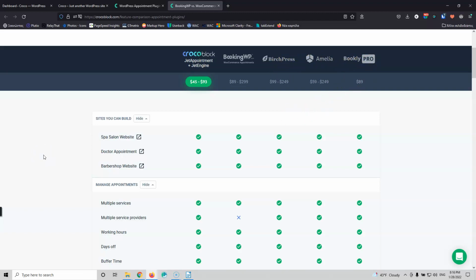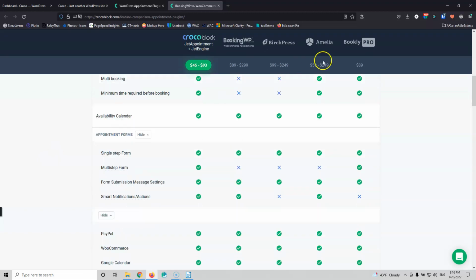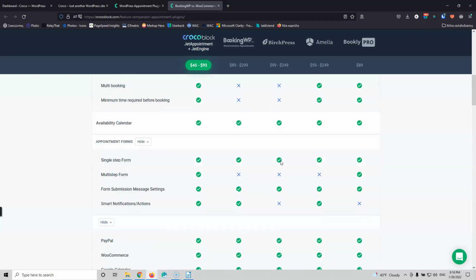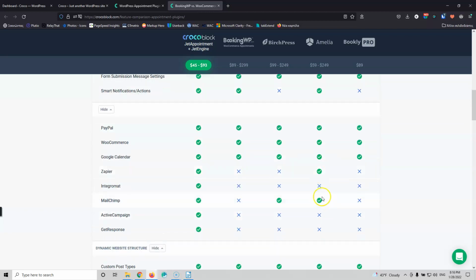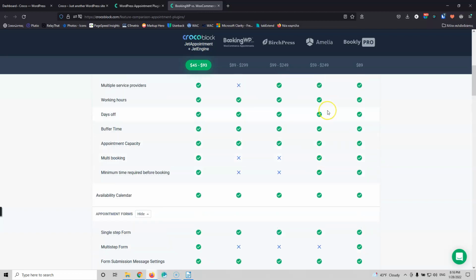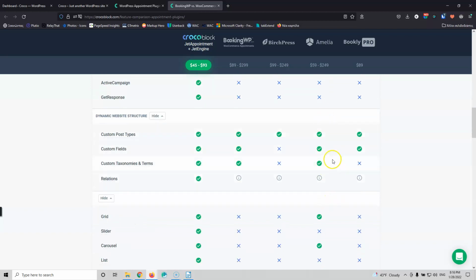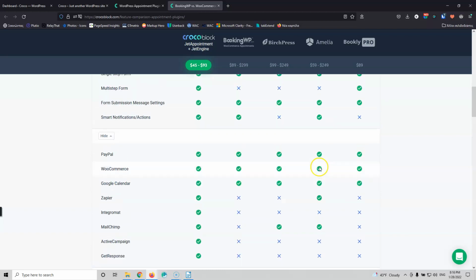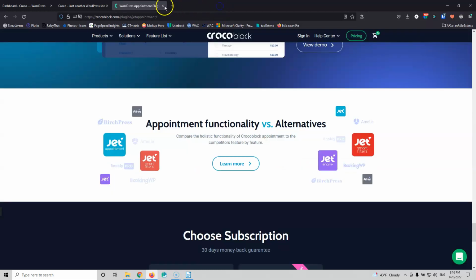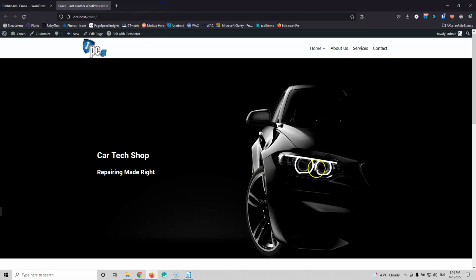Now, every time you see a comparison inside a website, of course, they are going to present that everything is better in their plugin. I have only worked with Amelia besides the CrocoBlock JetAppointment, and I know for a fact that some of those things are not true. Now, maybe they haven't updated this page since they created it, but there are some mistakes about Amelia, and some things are offered inside that plugin and here they say that it doesn't. Okay, it doesn't matter. I'm going to close those pages, and this is the website that we're going to play